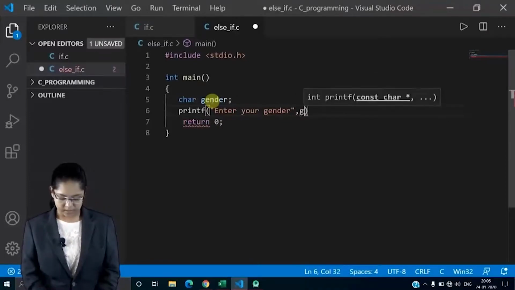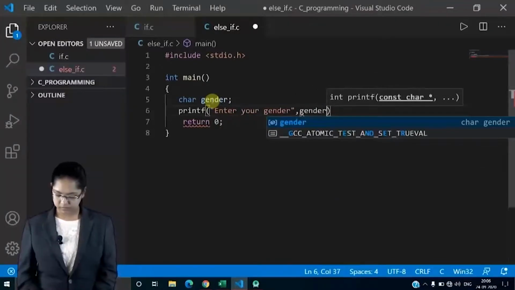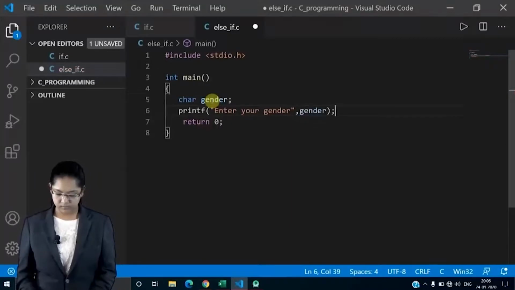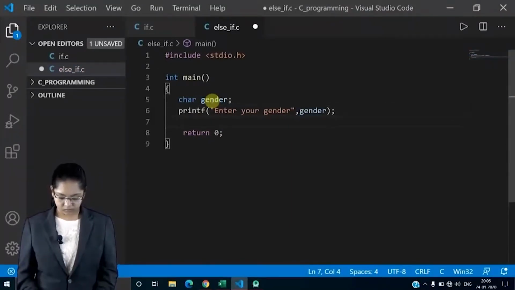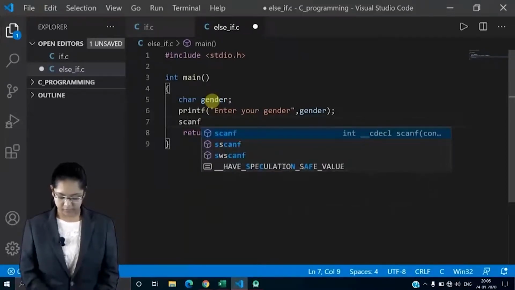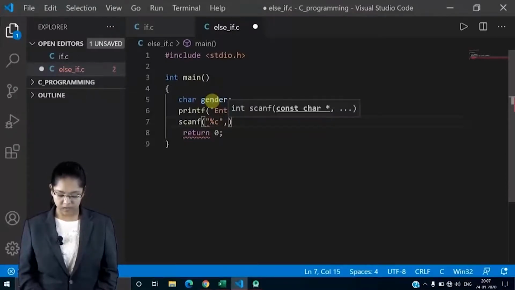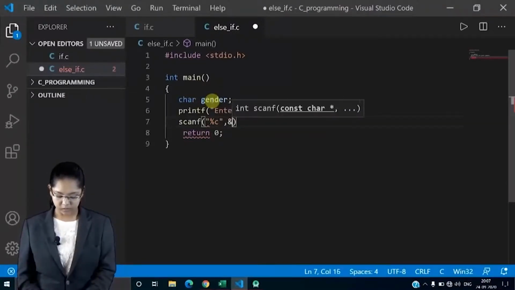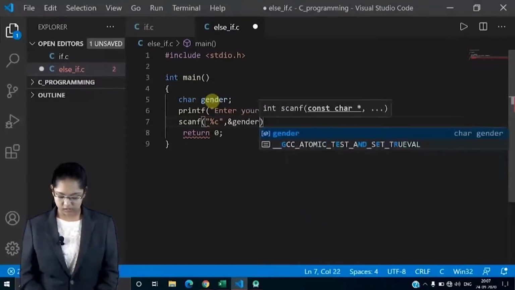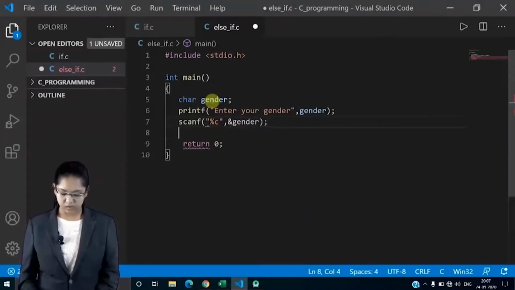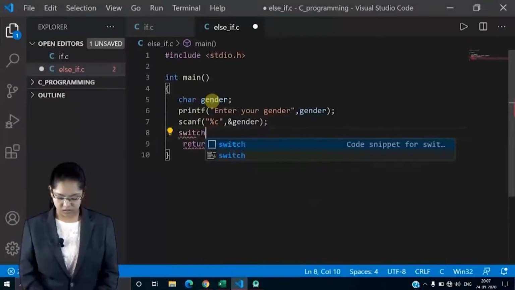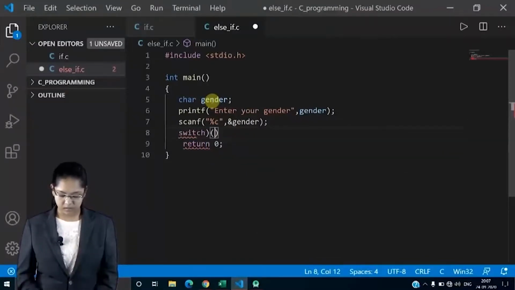Here I will pass gender. Then scanf, here %c, because we have taken a character over here. Then gender, semicolon, then switch. I will pass gender over here.